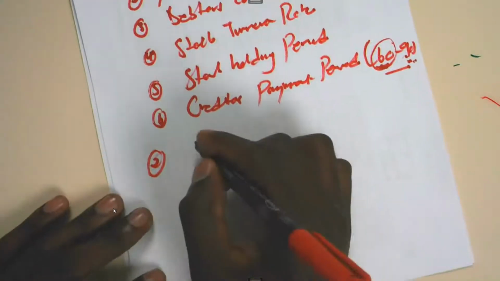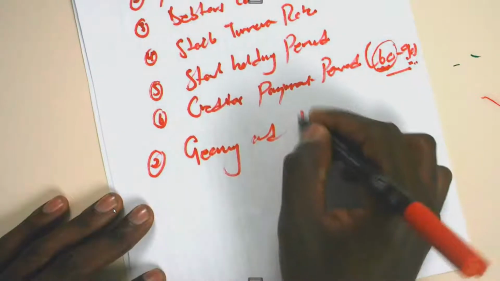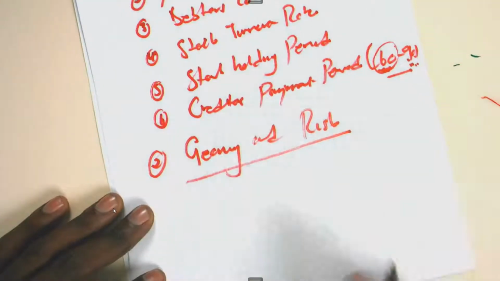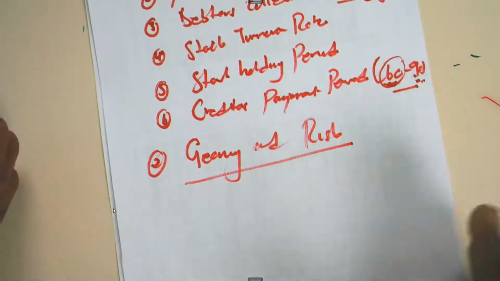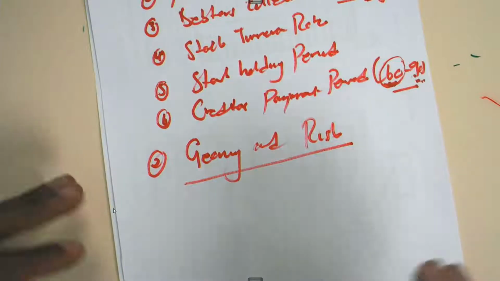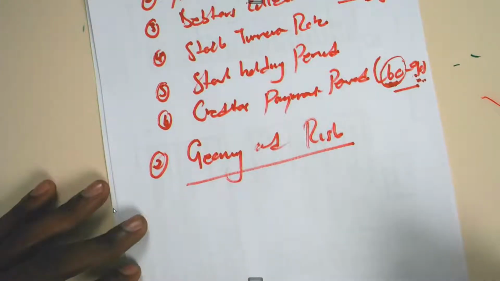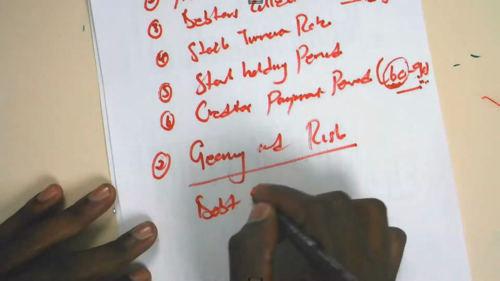Then the second category of the financial indicators will be the gearing and risk. What do we mean by gearing and risk? We simply want to understand how the company is financed. Is our company financed by its own capital, or is it financed by borrowed capital? So the two financial indicators will be the debt equity ratio,